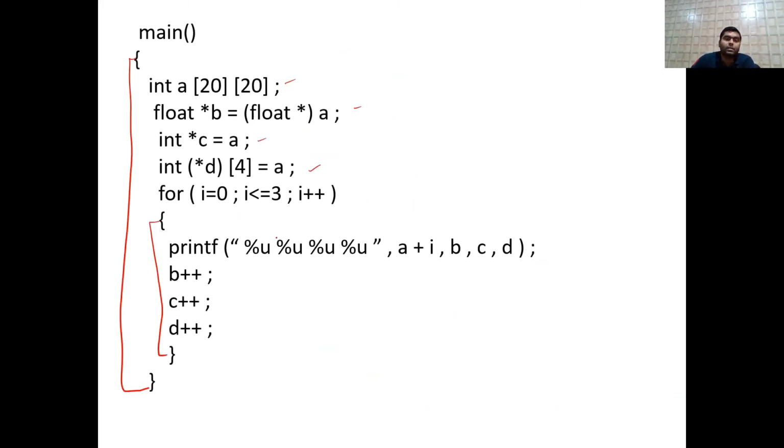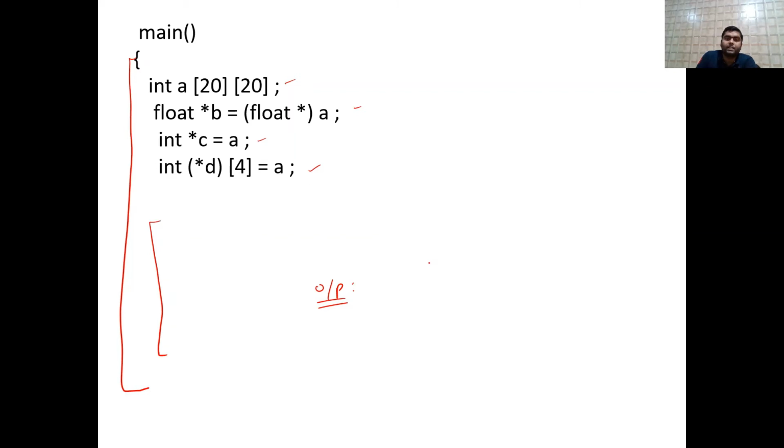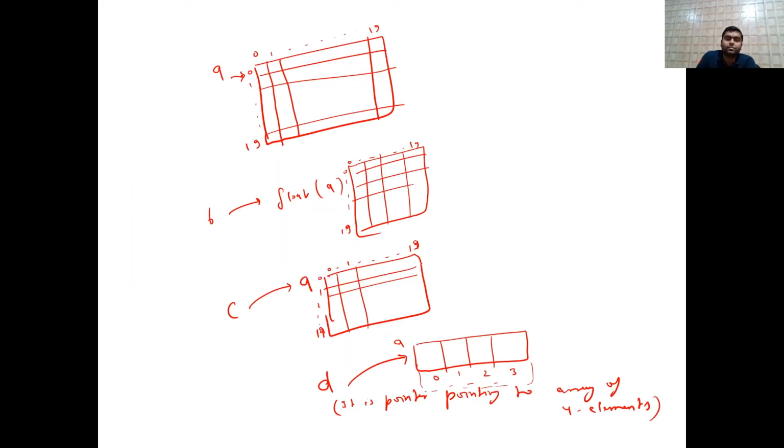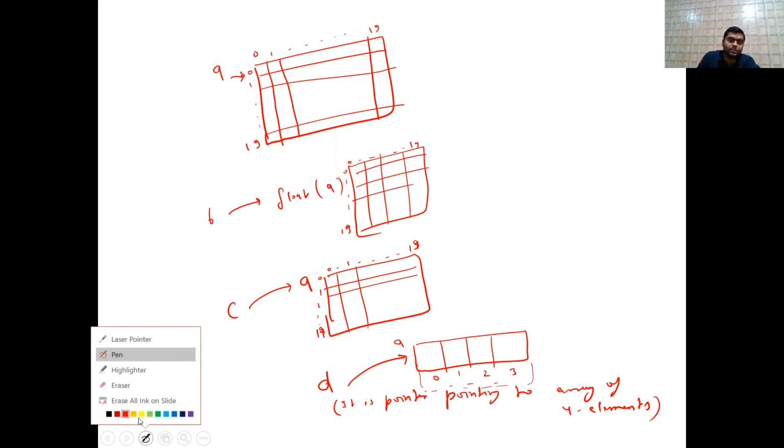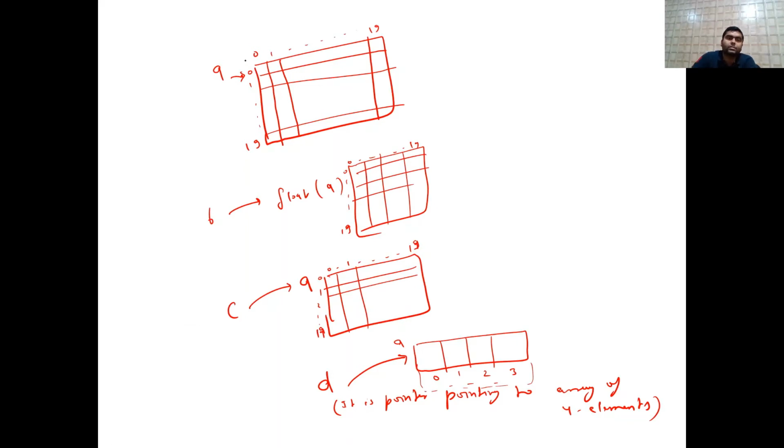So firstly this will run from 0 to 3, means 0 1 2 3, right, 4 times this loop will run. So the first time the value of i is 0, so the output I am writing here only. So output, so first time i value is 0, so a of 0, a plus 0 means a, so that means base address. Array name indicates base address. So what base address of the array have we assumed? So let us take the base address as what? 1000. It is 1000, 1002, and similarly it is what?